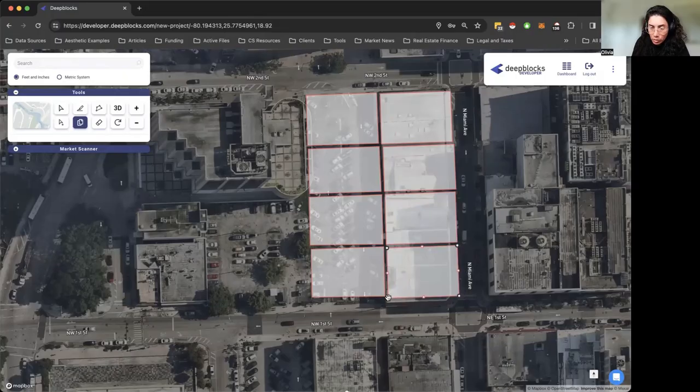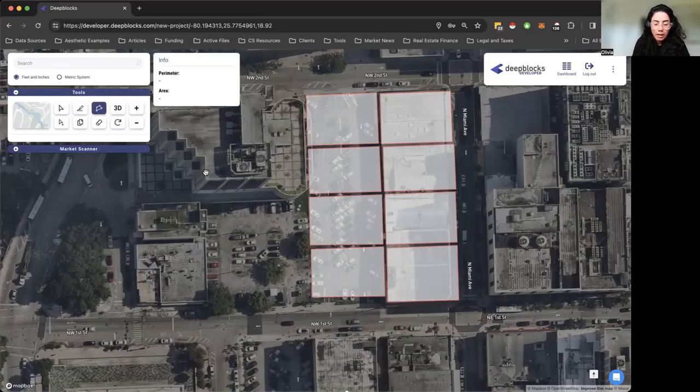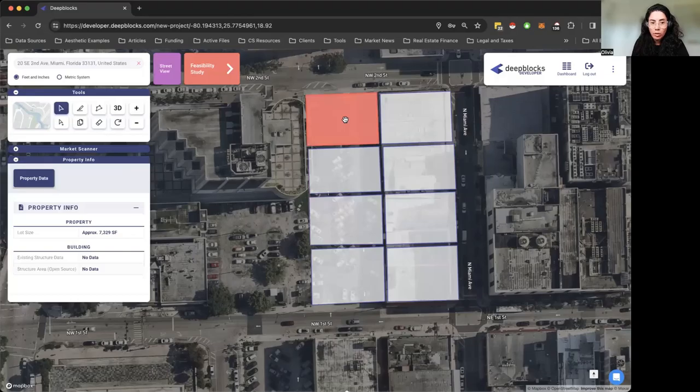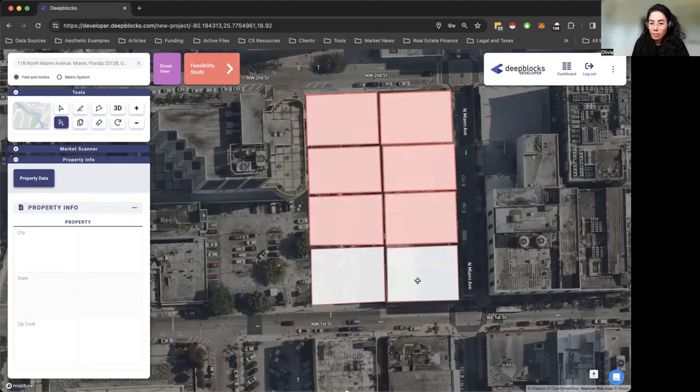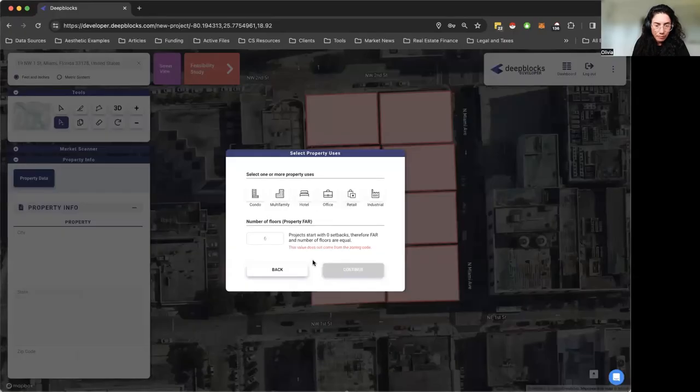And again, I can use the nodes to adjust it. And if I go to my edit tool, I can adjust it as well. So now we have these 8 buildings. I'm going to select them all. And to select them, you select the arrow plus, and then you just have to click on them and select it. And once we go into the feasibility study,